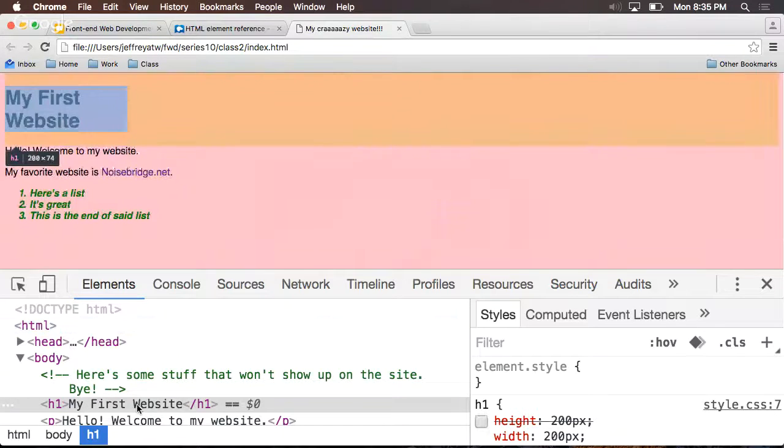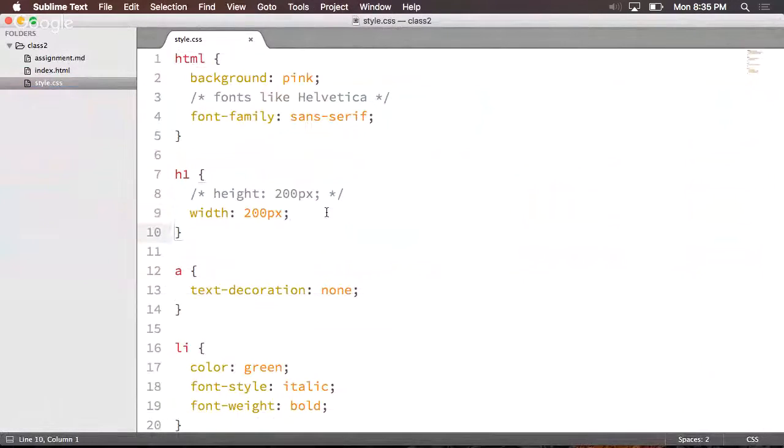Cool. So my first website has a width of 200, margin on the top, margin on the bottom, a lot of margin on the right, which is really just the effect of an element not stretching all the way across the page. It's just trying to make sure that nothing else shows up on the right of it. That's just the way I like to think about it. All this orange area is just the margin around this element. So, with the width of 200, but not a specific height, how do we increase the distance between our heading and whatever goes below it? We set a margin bottom